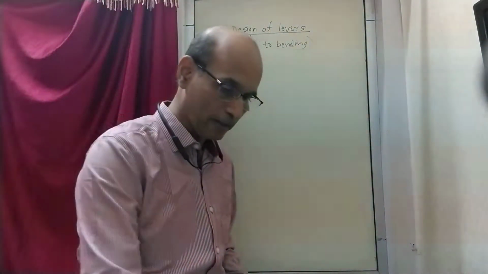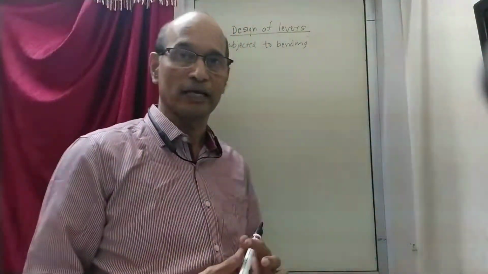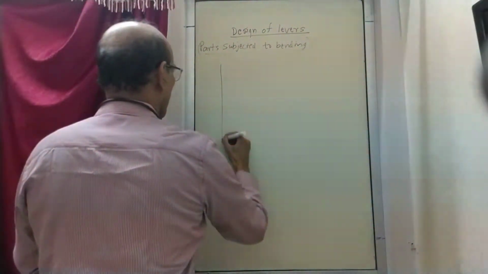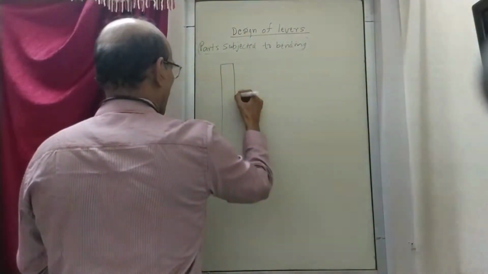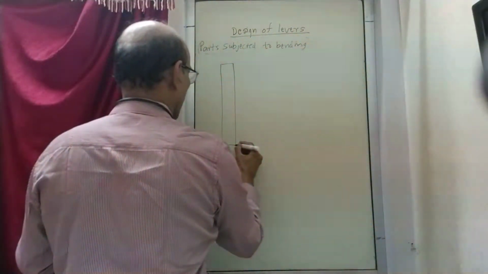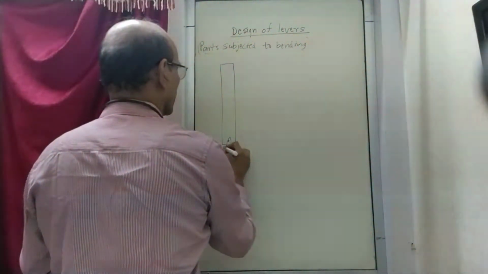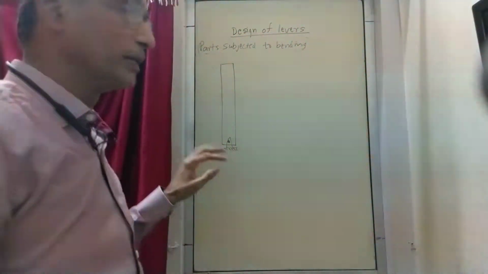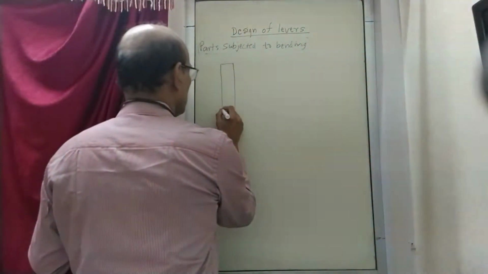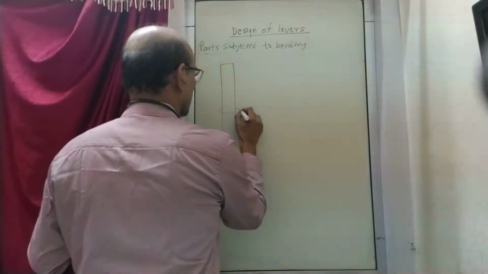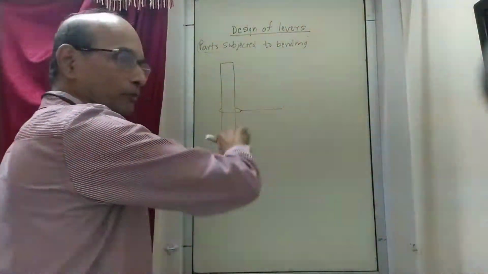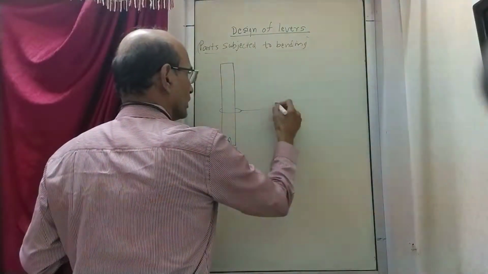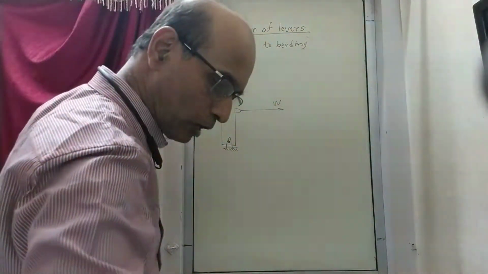Okay, so now with this background, let us actually perform one design action. Let's say that there is a lever which we are to design. So this is a lever. This lever is fitted here, and then at this point, suppose I tie one rope. You are pulling it in this direction. There is a load here which you have to overcome.